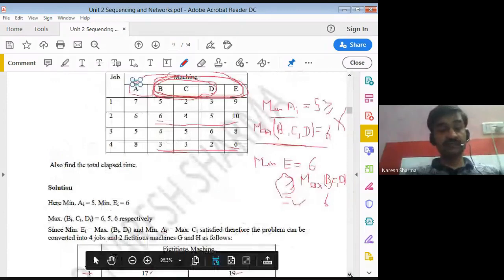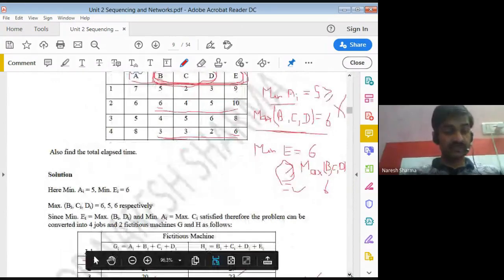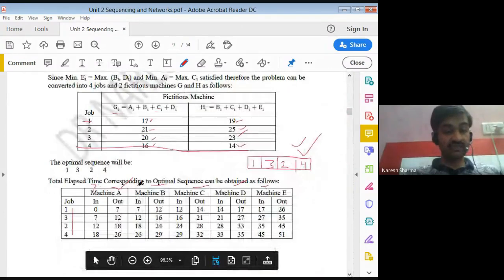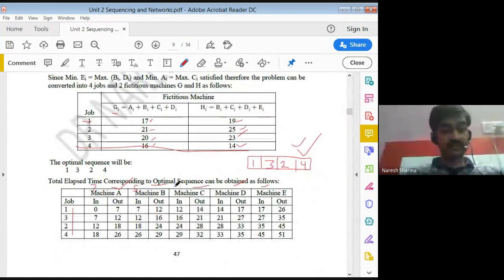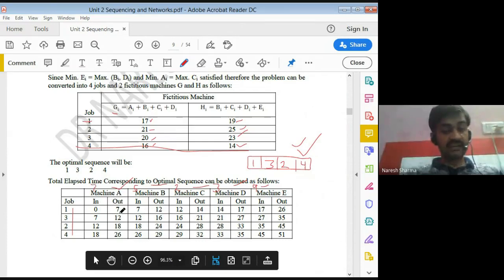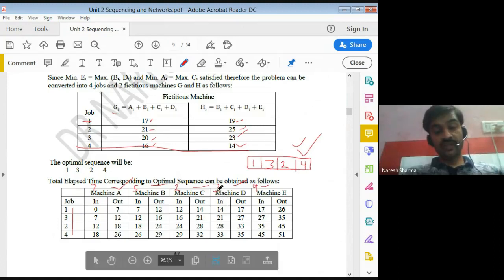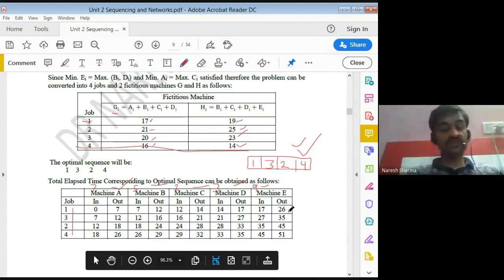So as in your first job, you can see here, the first job times are 7, 5, 2, 3, 9. So here, just for understanding, 7, 5, 2, 3, and 9. Start the job at 0, add 7 hours, then enter machine B, then 5, 12, then start at 12, it is 2, 14. So at 14 we enter machine D, then we take 3 hours of service, then it is 17, then 17 plus 9 is 26.